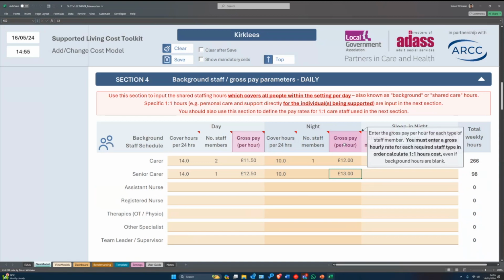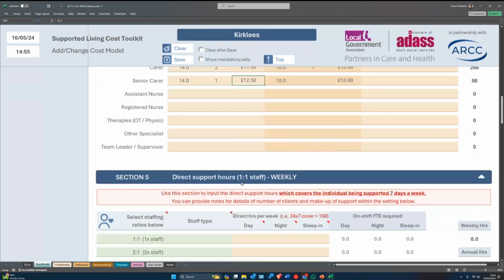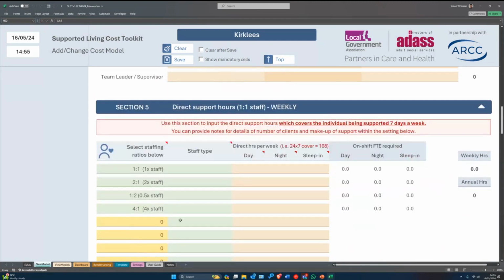you must enter a gross hourly rate for each required staff type in order to calculate one-to-one hours cost. So this is the only place in the model where we get to define the staff pay rates at every level. When we go to the next section and we start talking about direct support hours, there's nowhere in there that asks you what the pay rate is for them. It's all done up here,